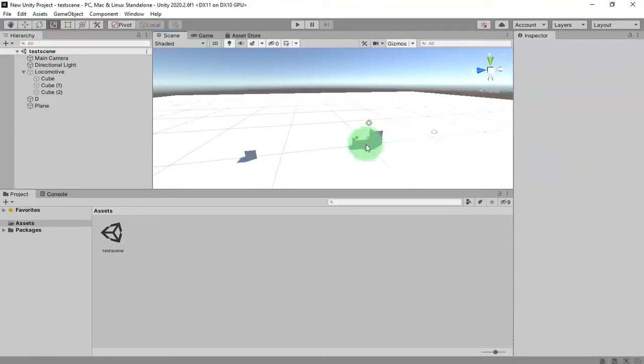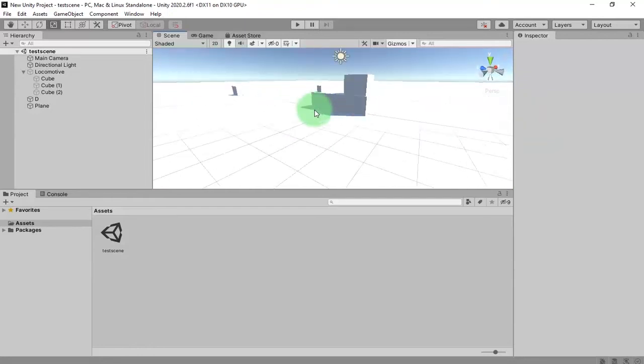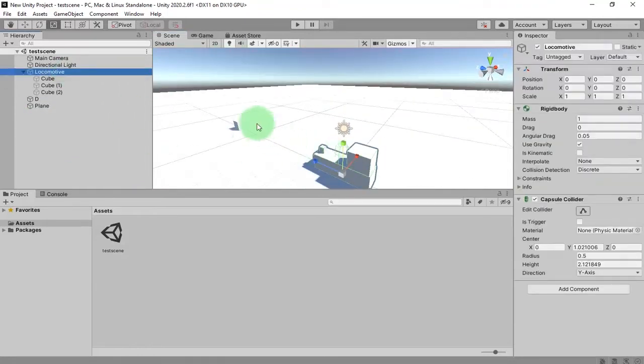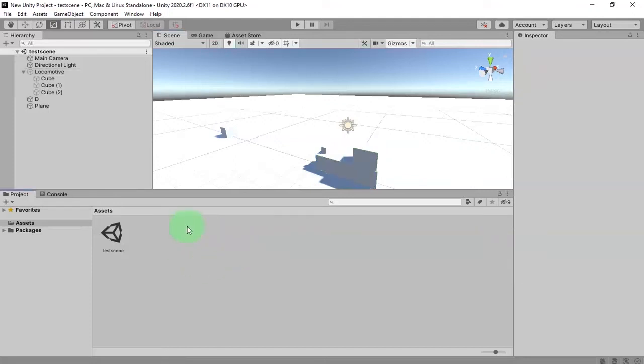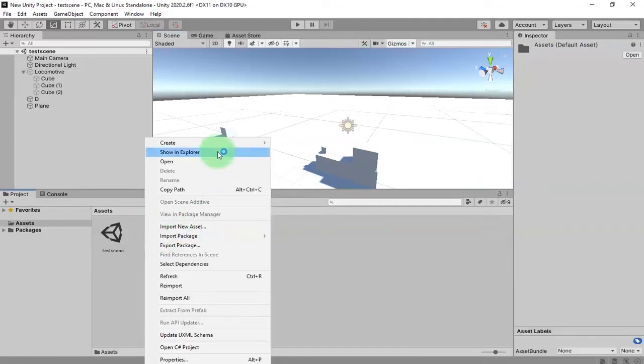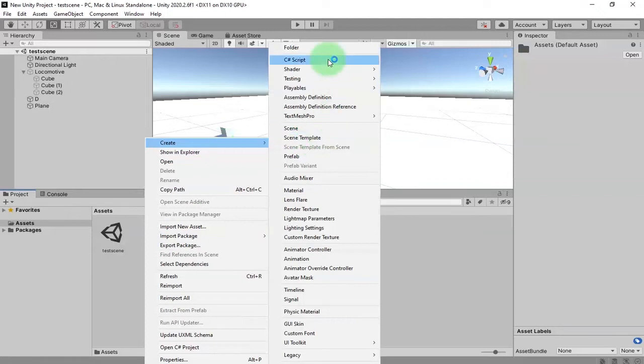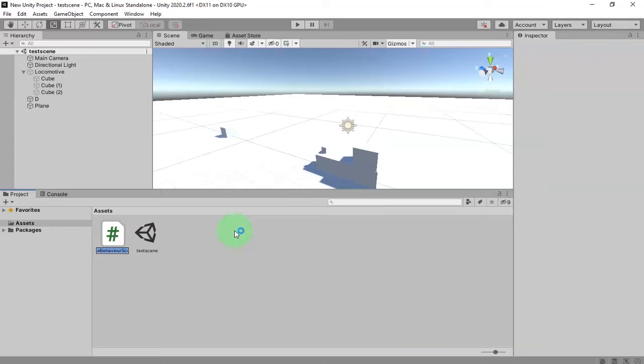Okay, nice. And okay, let's move the locomotive toward this destination cube. How to move it? Of course, we need to create a script. So here I will create a script file. Let me name the script Locomotive. Yeah, Locomotive,